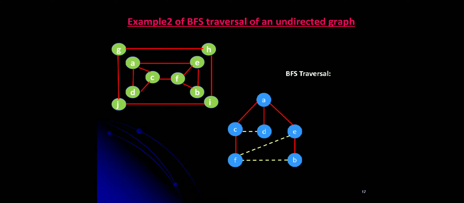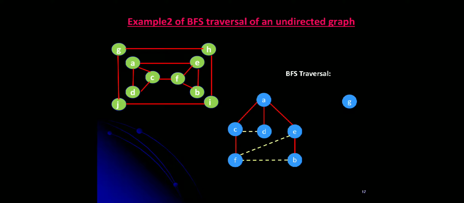Then we will go to the next level, that is node F. In this vertex F, C is already visited, which is connected with the tree edge, and F to E, the cross edge is already written, and F to B there is an edge, so again we have written a cross edge. And now the dead end is reached, so we'll start with a new vertex, that is vertex G, which is not yet visited. So from G, which are the adjacent vertices?